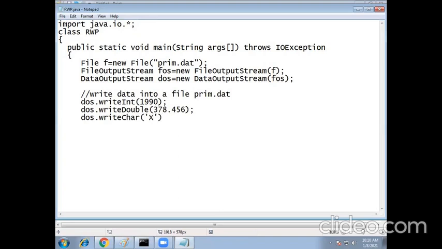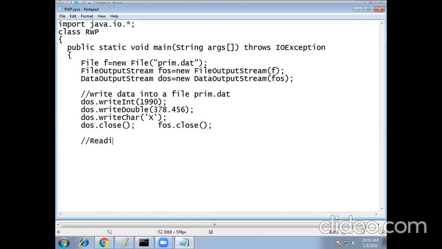Suppose the character is x. Then close dos.close() and fos.close(). This is for writing.